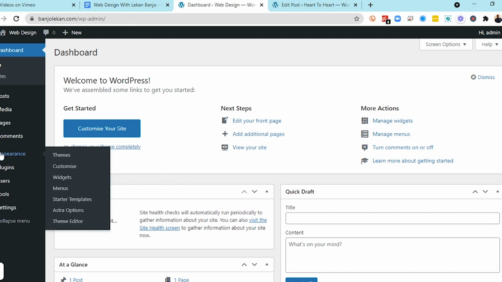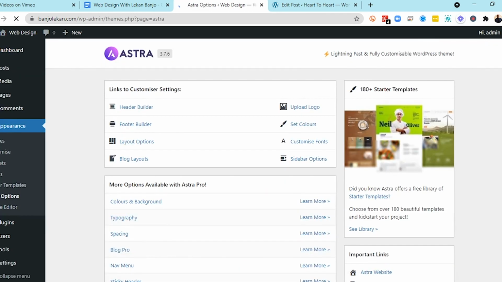Remember what I told you, that from here we can actually go to Astra options. So go to Astra options, make sure you activate all the plugins that come with Astra so that you can be able to install everything you want to do. Even if you don't do that,